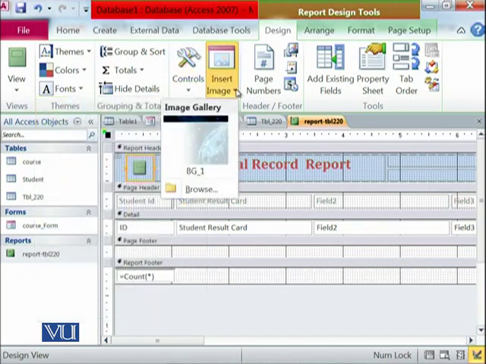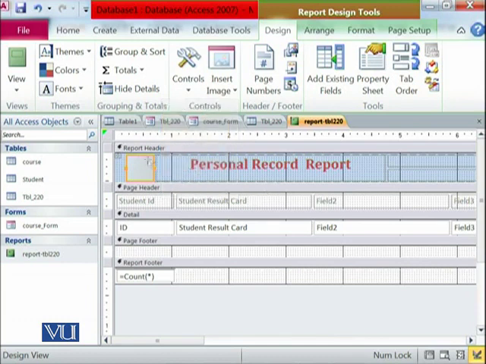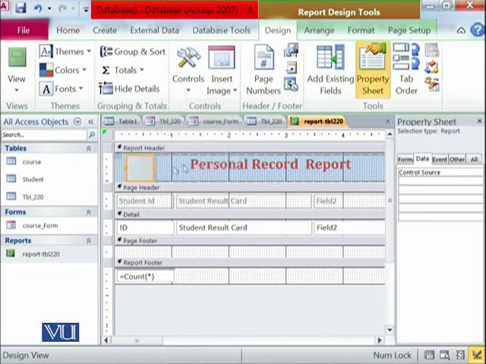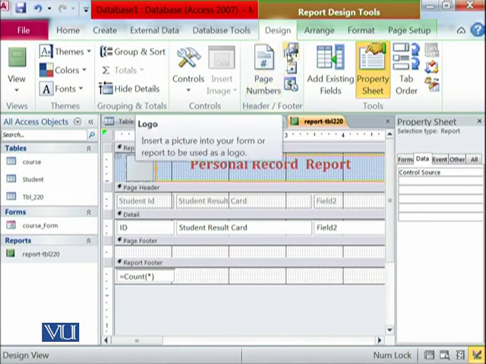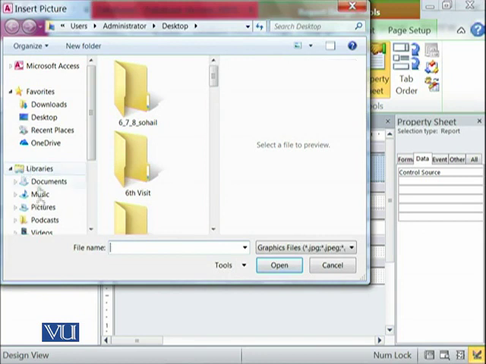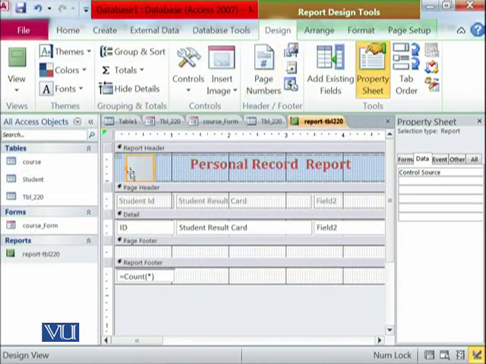We can create images. For example, if I am interested in adding an image over here, I have added it. And then there are other options like a logo, which we missed in the last module on forms. So here is a logo which can be added to the report as well as to the form. If I click on it, I can select any picture available, and that would be placed over here.